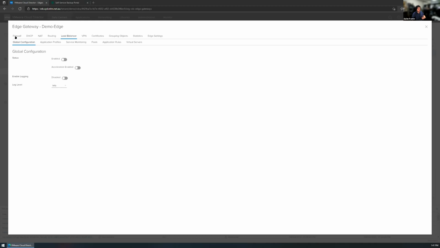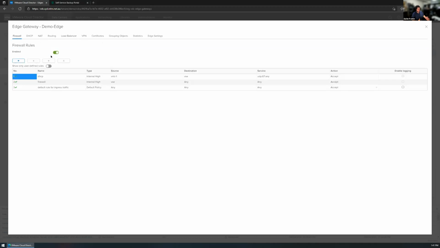That way, if I was to come into the firewall and block inbound and outbound completely, I can still come back in here and undo that. So the management of it is isolated to the interface, so you don't lose access. If you do something accidental, it's not too bad. So if all of a sudden you change a firewall rule and all your VMs no longer have internet access, you can still jump back in here and undo that.